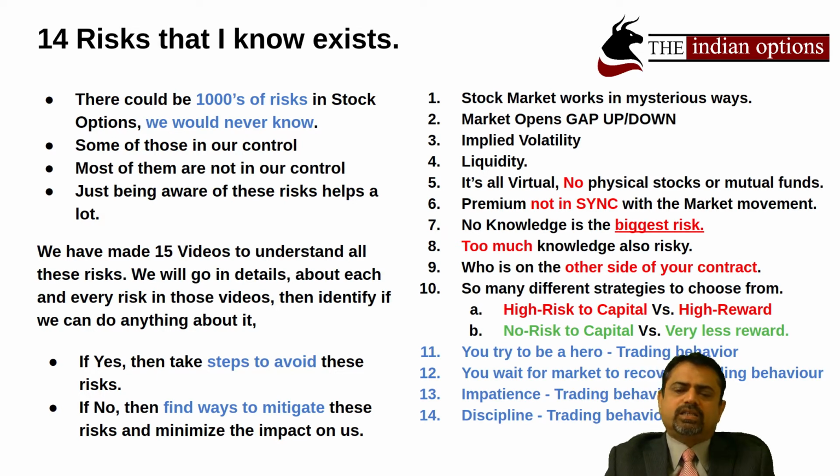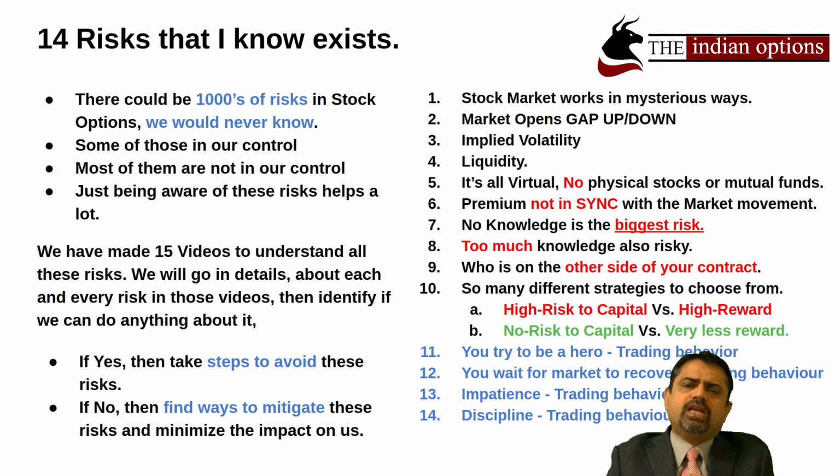Risk number three is implied volatility. Whenever there is an expiry around, or a big announcement coming up from the finance minister or somebody, the market tends to go up and down very rapidly. In that case the volatility increases, and your premiums will also increase or decrease. If you are a very good trader with very good knowledge about options, this implied volatility can be your friend, your ally, and you can make a lot of money if you can really play with this. Okay. Fourth risk is liquidity.